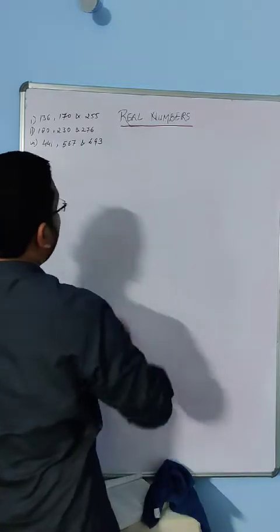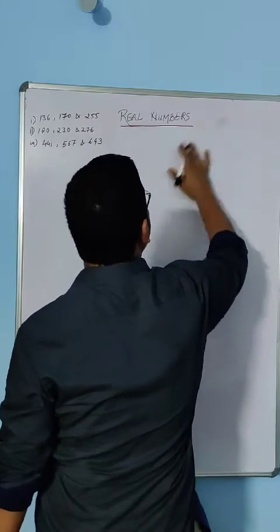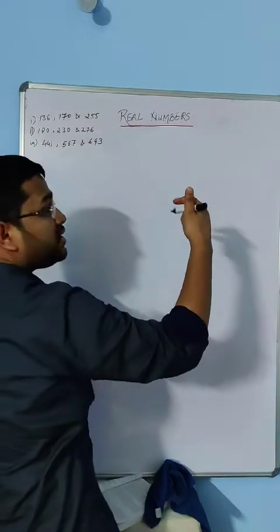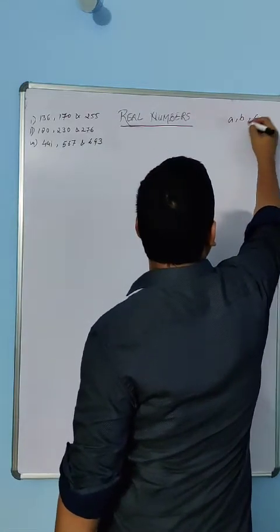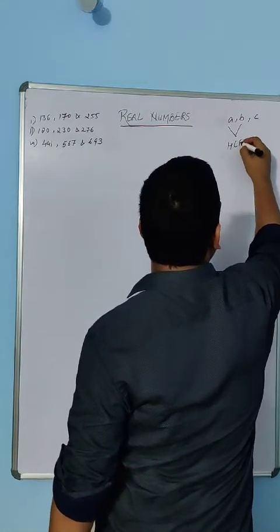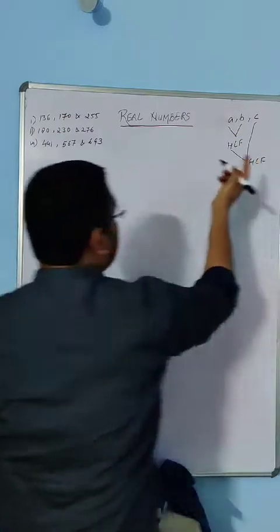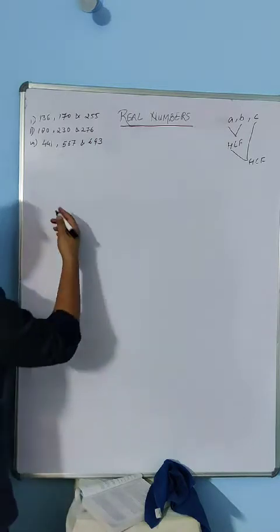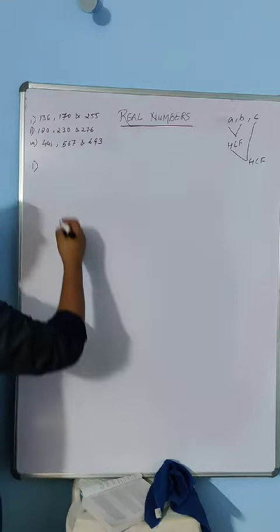So now I'll be doing this. Just for you to remember, I'll be writing this again so that you remember it well, and we'll be solving it here. So I'll be doing the first question now. Out of the three numbers, the first question is